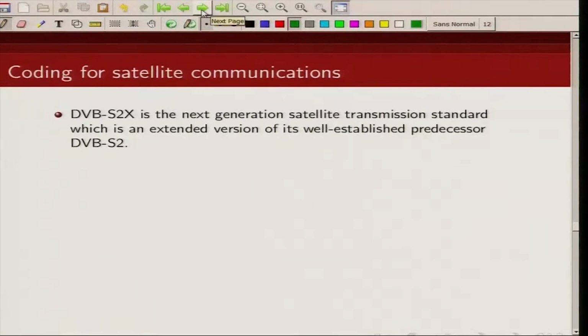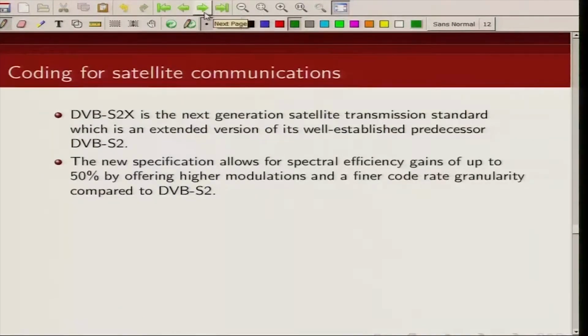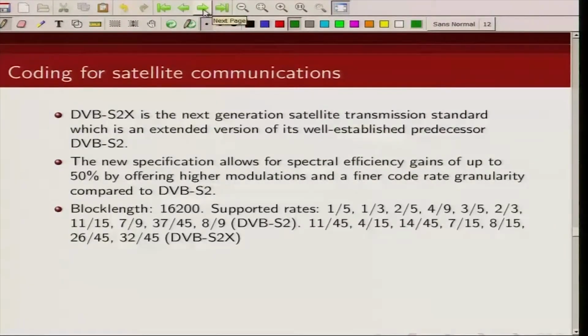Now, there is another standard which is an upgradation of this DVB S2 standard, called DVB S2X, which is an extended version of DVB S2, and it allows finer rates of LDPC codes. So, you can see for the block length of 16,200, these were the rates which were supported by DVB S2. Now, DVB S2X can support further rates. So, it provides much finer code rate granularity compared to DVB S2